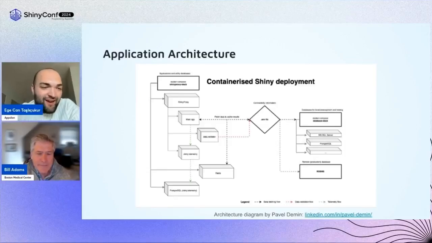So let me talk about the architecture of the application a little bit. Shout out to Pavel Demin for creating this diagram and architecture overall. We use Shiny Proxy for deployment, and of course, we have everything Dockerized. In the Shiny Proxy stack, we have 3 applications. First of them being the main application, a data validator for notifying the user if their data is compatible with the app, and Shiny Telemetry for measuring the user adoption. And we also have Redis for caching.